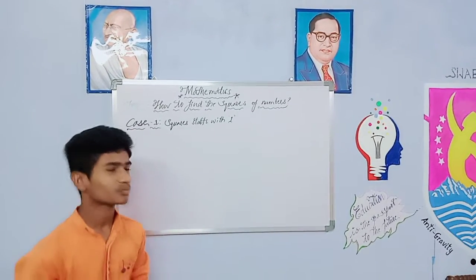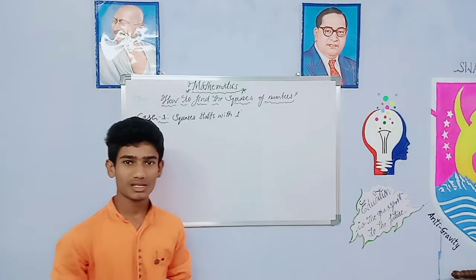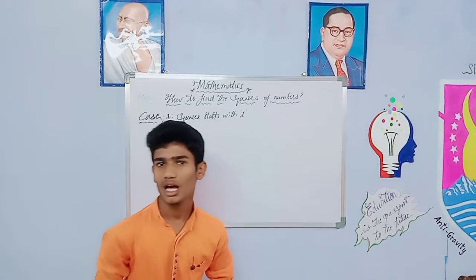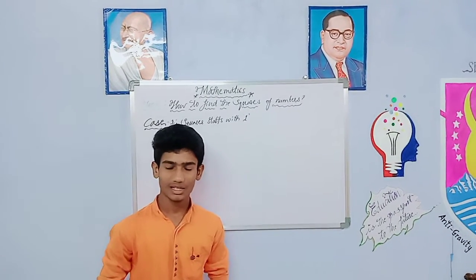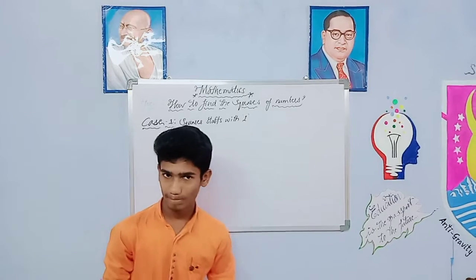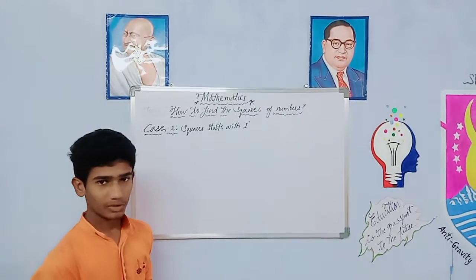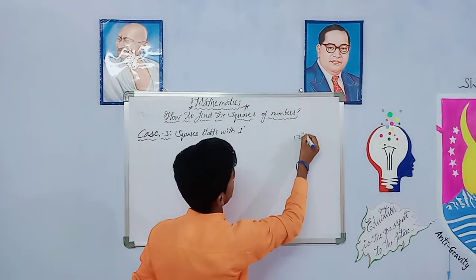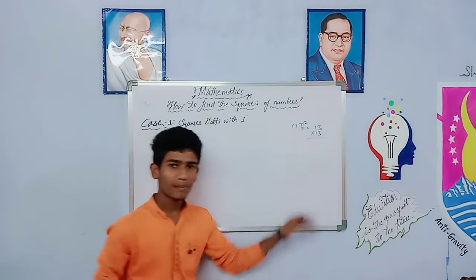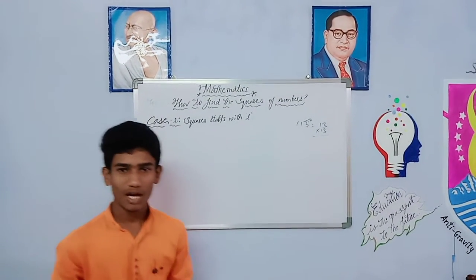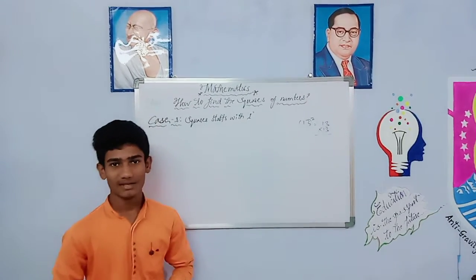Welcome to mathematics. Today we are going to discuss and learn how to find the squares of numbers. You know, squares are very important in mathematics and in real life problems. Generally, in squares, if 13 square is there, simply we can do 13 into 13 by the table. But now I will tell you simple tricks. Within 3 or 4 seconds we can get the answer.